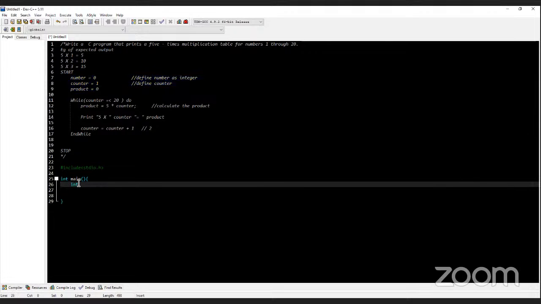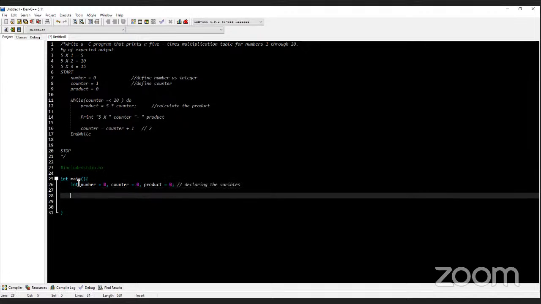So we'll say int count, number, comma, or we can initialize all of them. Number, comma, number, counter equals 0, and product equals 0. All right, all of this I'm just declaring. So declaring the variables. And then down here, so now we say while